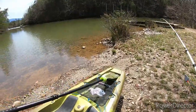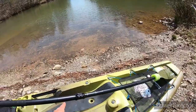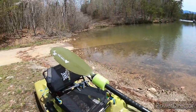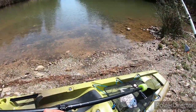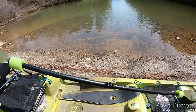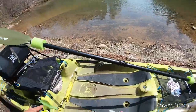While I was getting everything set up, I just got this paddle too. It's an Ozark Trail fishing paddle. I'll never buy another one. I went to latch it down, secure it, and it broke. So hopefully I can paddle with it still. But I meant to show you